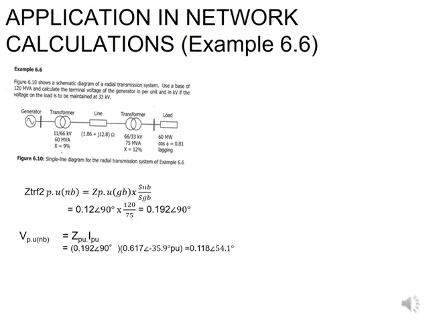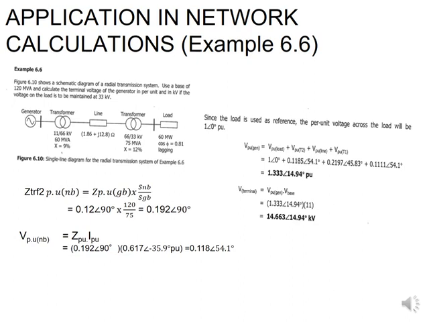Then I go to my transformer 2 because I've got two transformers in this case, and I do exactly the same thing. And once I have that, I can then work out what my V per unit on my generator is going to be. And remember what I said. I said that you utilize 1 at 0 if they had not given us anything as a reference for the load. So I add all of those together, my load, my transformer 2, my line, and my transformer 1 voltages, and I am able to get what the terminal voltage is going to be, and in this case it gives me that